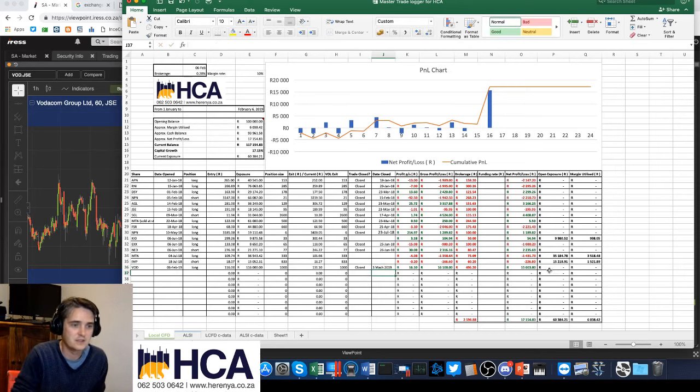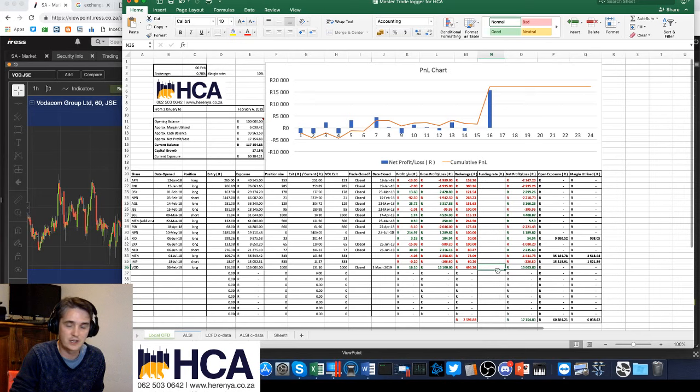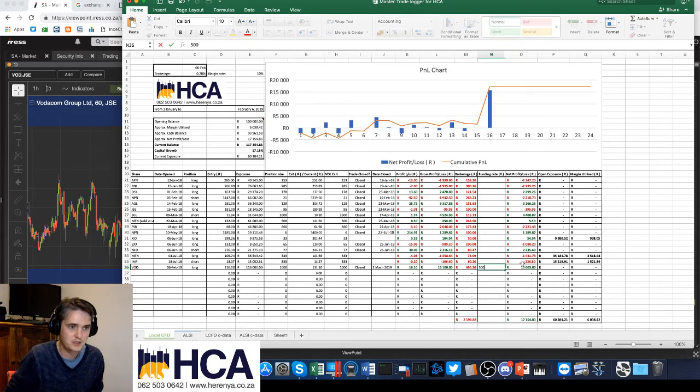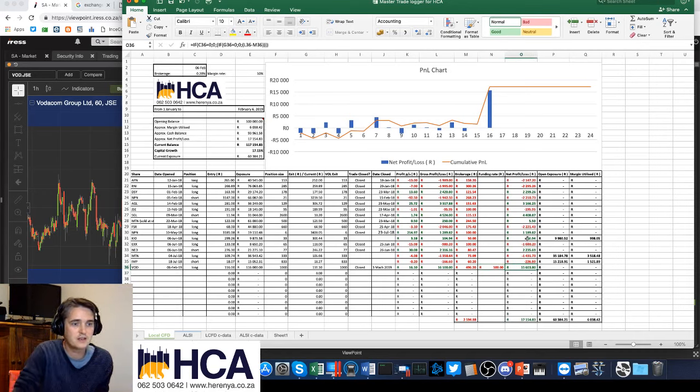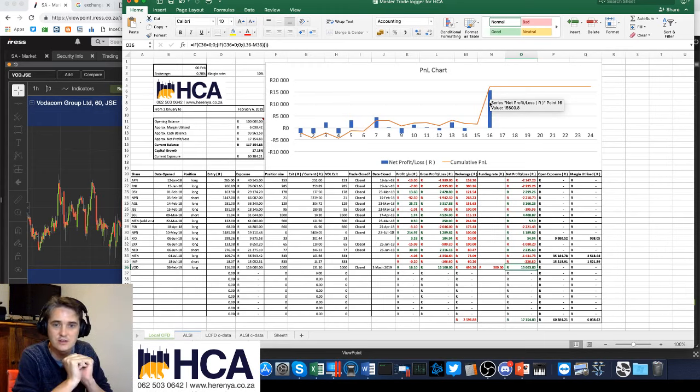2019, and then we can see we've got a cool log in here where I'll have to add the formula to include the funding rate, because we probably would have paid 500 Rands worth of swaps on this as well. I'll do that this evening before I make it available for upload, and then it'll work out your net profit and loss on this, and it'll plot it. Note that this is not going to be 100% accurate because it does not reflect all the fees, but it is a nice way for you to track all the stuff, and you can always manually come and